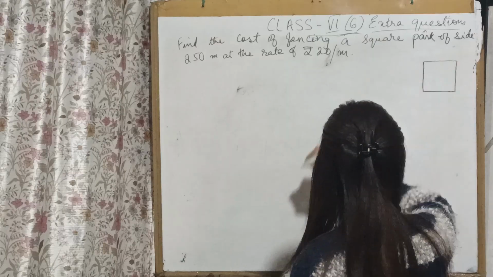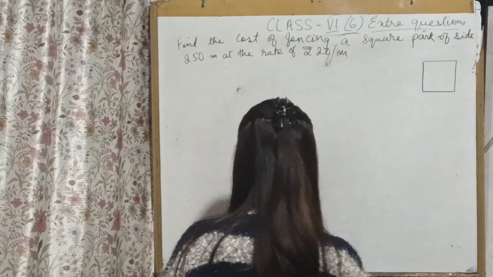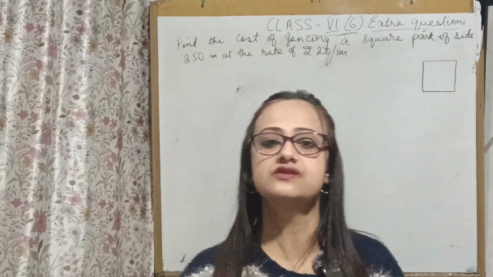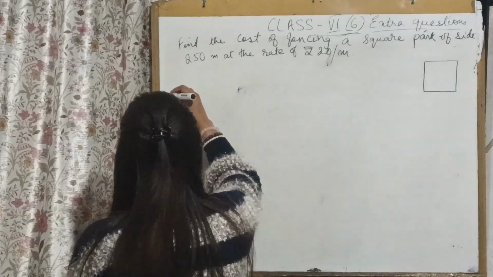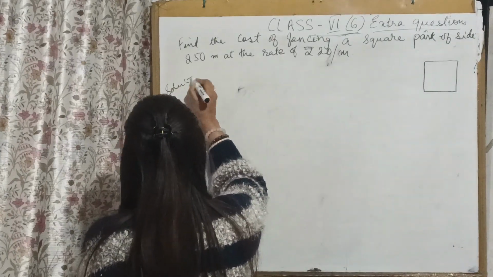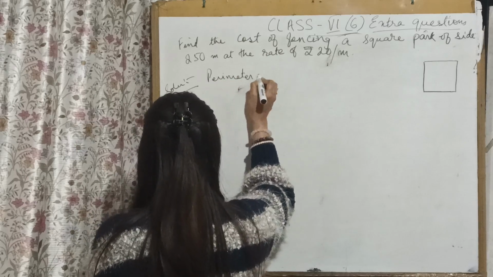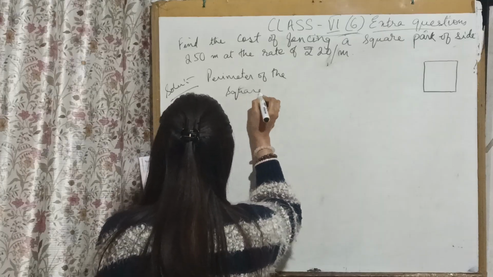So we will put boundary all over the square park. So that means what? Fencing means putting boundary means perimeter. So perimeter of a square formula will apply here. Perimeter of the square park